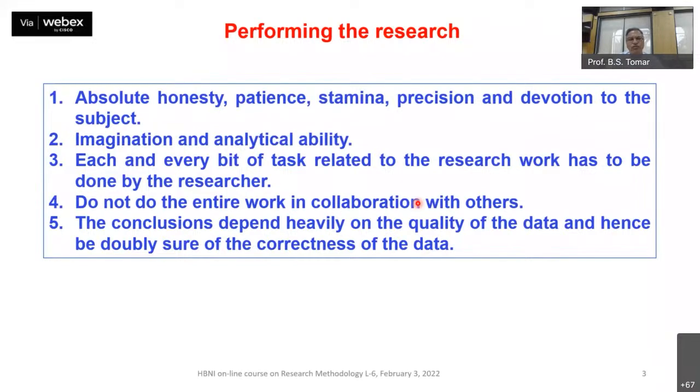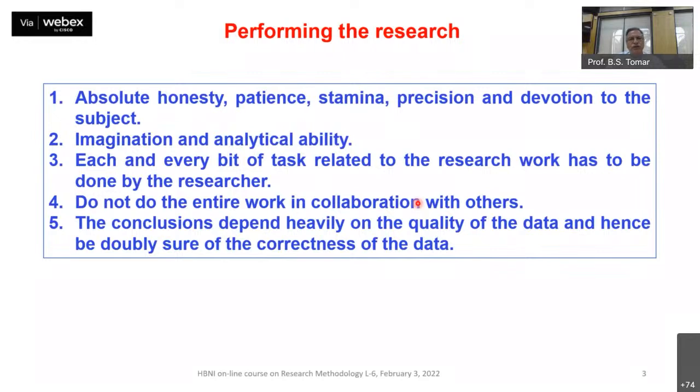So in fact, it's a very good idea to go to that instrument, even if it is not in your laboratory, and see how they are collecting the data, how they are interpreting the results, so that you know every aspect of the work that is a part of your thesis. These days, particularly when your work is multi-laboratory or multi-technique work, you tend not to give much attention to techniques other than what you have in your laboratory. But it is very important that if it is a part of your thesis, then you must know each and every aspect of why you chose that technique. You should be very much convinced.